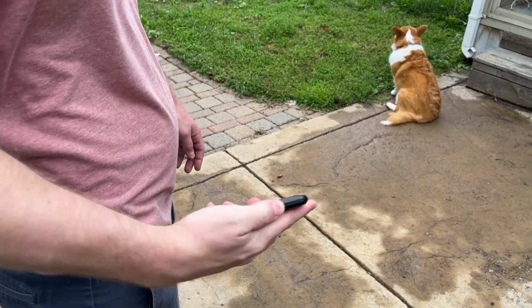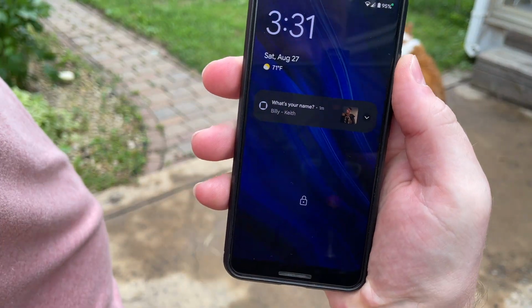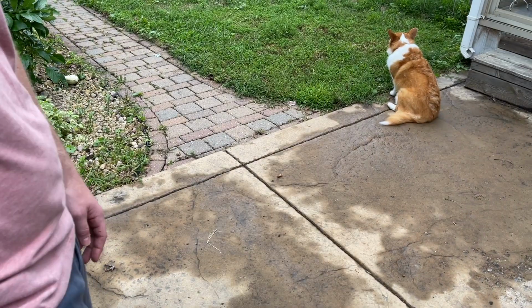But what if I told you I had a creepy Big Brother app that could listen in on your conversations and identify human names? Then if it found who you're talking to, it displayed their name as a notification on your phone, which you can quickly glance at to be reminded who you're talking to, just as quickly as you pull your phone out to check the time. Well, here's how it works.